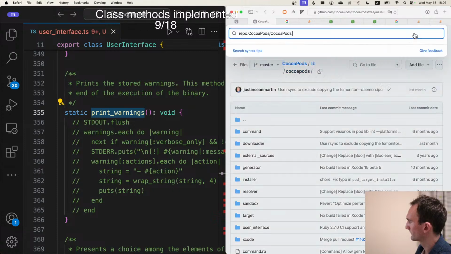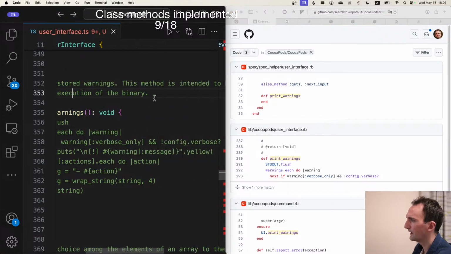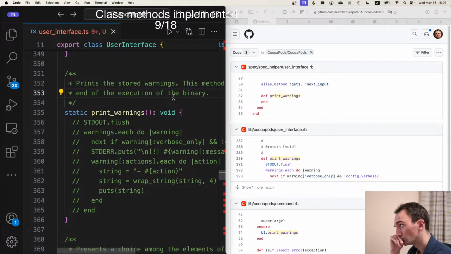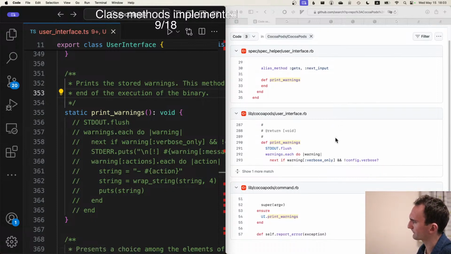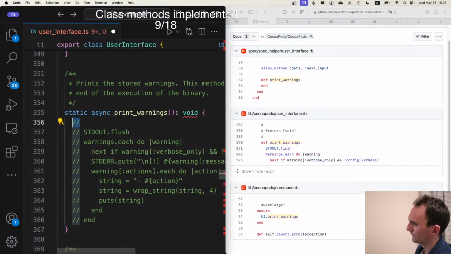Oh, sorry. Print warnings. So probably post crash, right? Ah, called at the end of the execution of the binary. I might suggest it needs to be done synchronously, but I don't know. Let's do it as a promise for now. Static async. And we're going to do